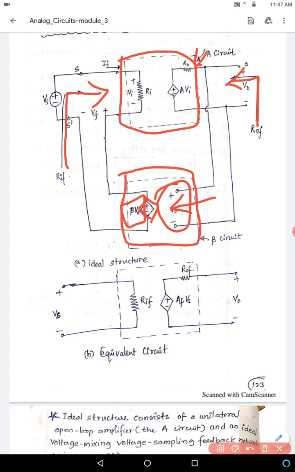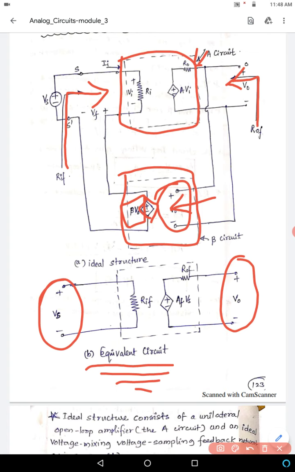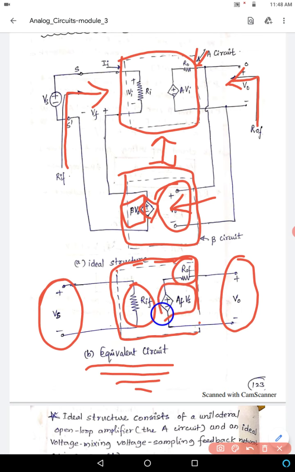Further, if you reduce this ideal structure, it becomes your equivalent circuit of the voltage series feedback. Again the same thing: the input voltage is the source voltage, and we are measuring the output voltage. Combining these two, that is the feedback and the input, that is the amplifier part, we can obtain this part. Okay, at the input resistance, it will have both ri and beta v naught, that's why RIF will be written here as the input resistance with feedback. Here this is your output resistance with feedback. And here instead of AVI we are using AFVS.